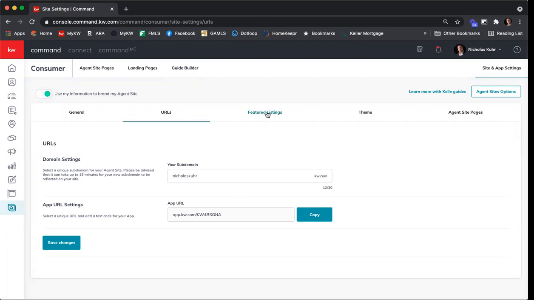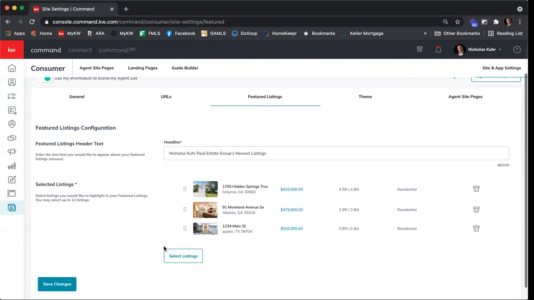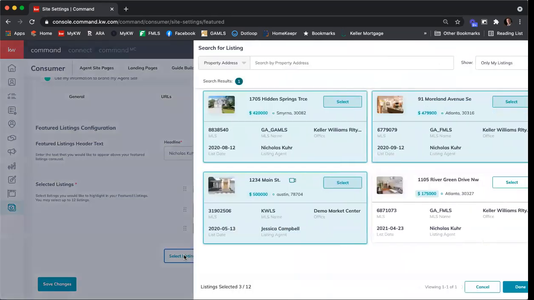The next item is featured listings. So one of the main pieces of feedback that agents provided when these agent websites came live was that we weren't able to feature our listings on our website. And that's one of the benefits of working with us, is that our clients' listings can be promoted on our agent website. So to add a featured listing, come here to the Featured Listings tab, click Select Listings,